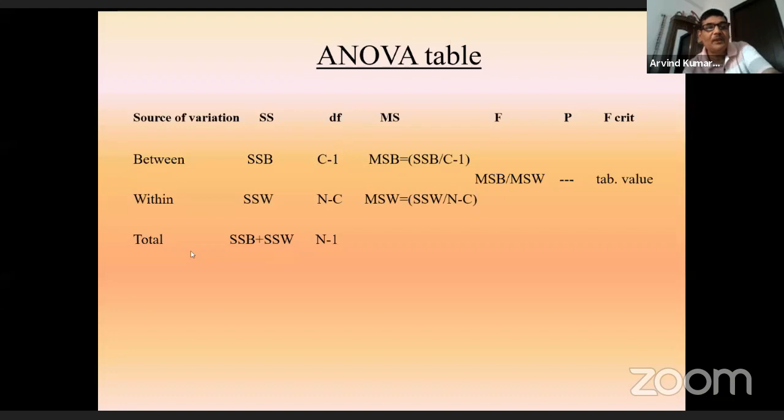The degree of freedom for within will be N minus C. That is total number of cases minus number of columns. So that way you will get the degree of freedom for this SSW. And degree of freedom for total will be N minus 1. Then mean of square, that can be obtained